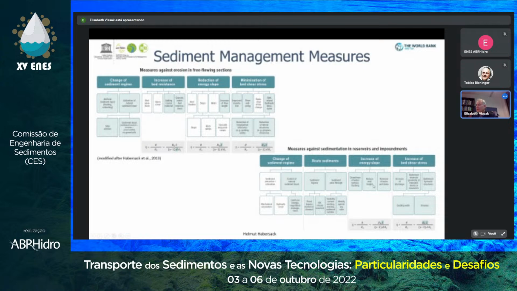Here, for example, the reduction of the weir height is one option, or to draw down the water surface when it comes to flushing. Or here, to increase the shear stress, we can increase the discharge when it comes to a bypass system, or we can optimize hydraulic structures like groins or guiding walls. So guiding walls and groins are ways to increase the shear stress. However, there are different ways and different costs associated with this. And this is, of course, a detailed analysis that should be done in order to find out the best option or the best combination of measures you want to do.